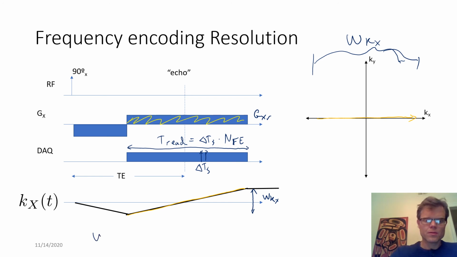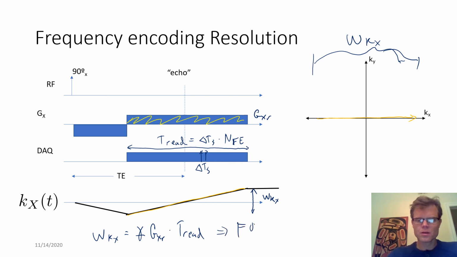Then, with this information in hand, the width that we travel is gamma bar times the readout gradient times this total readout duration. Now, the resolution